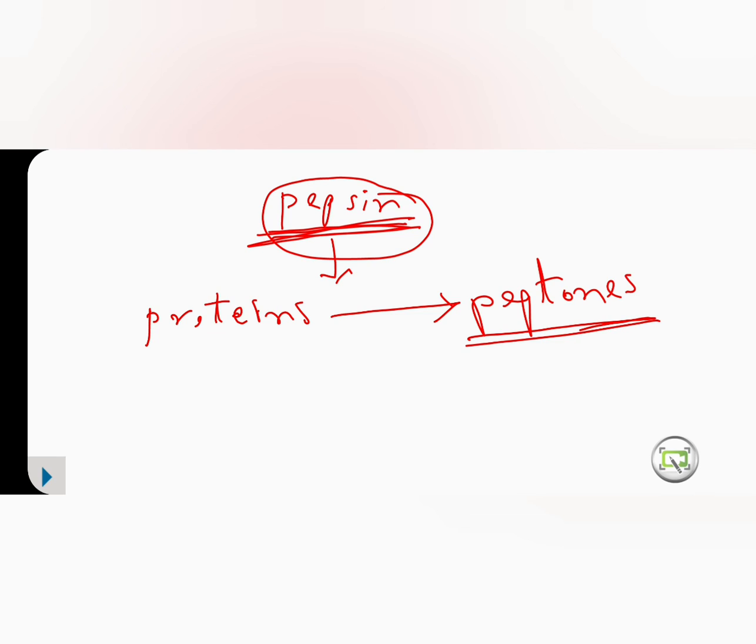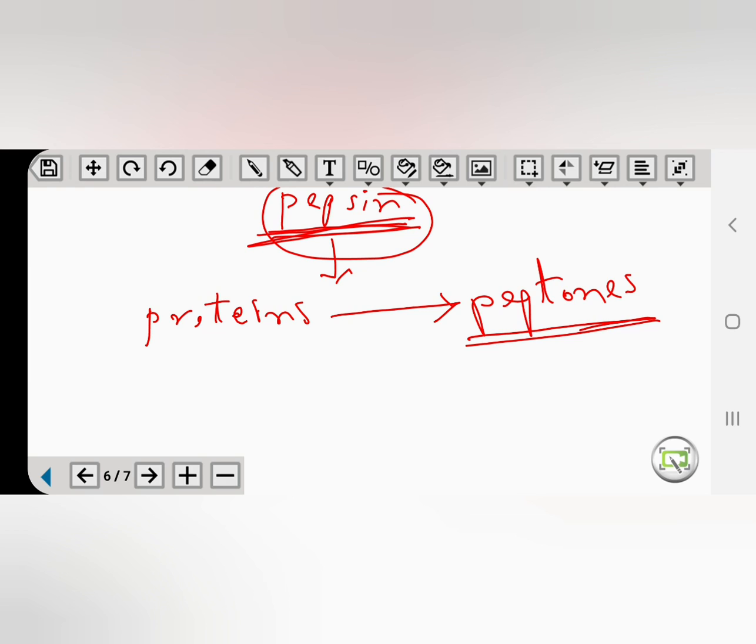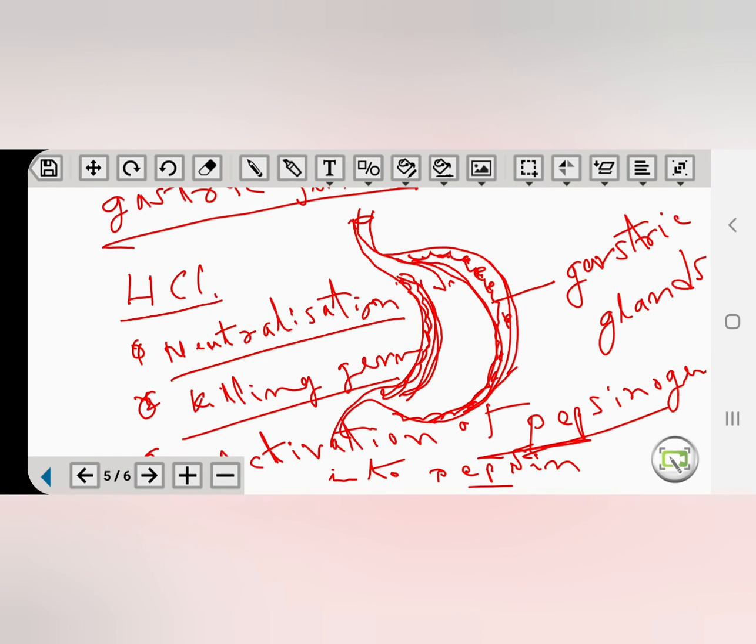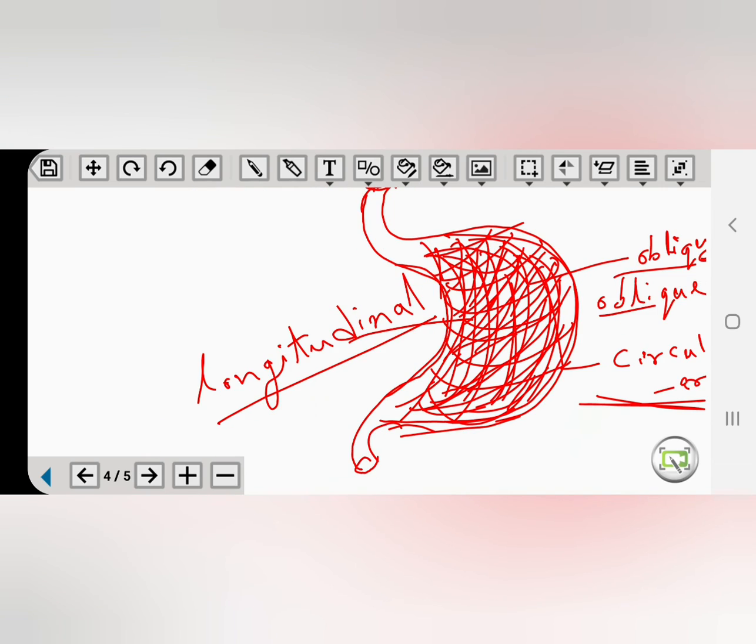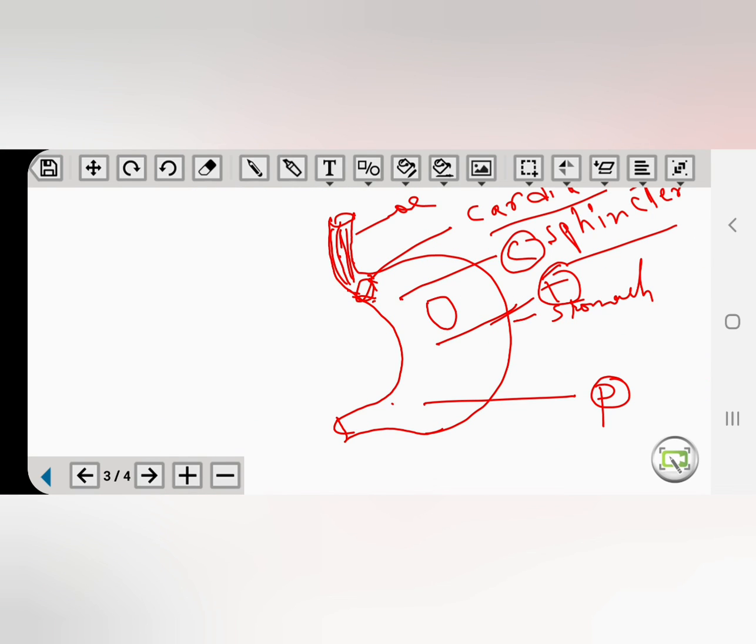So in the stomach, only slight digestive changes, that is conversion of proteins into peptones, occur. But the main change is conversion of food into chyme and neutralization of the food, and due to the slightly acidic conditions these proteins are converted into peptones by the action of pepsin. Thus partial digestion is completed in the stomach. After the completion of this partial digestion, it will enter into the next part. The next part is the first part of the small intestine, which is called the duodenum.